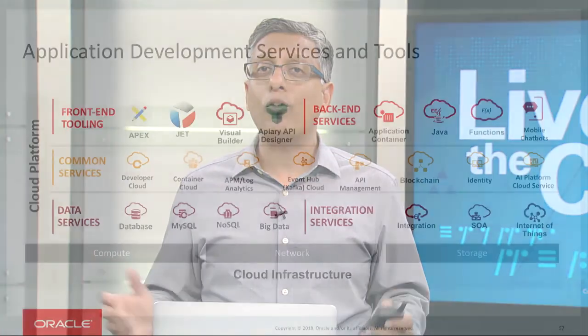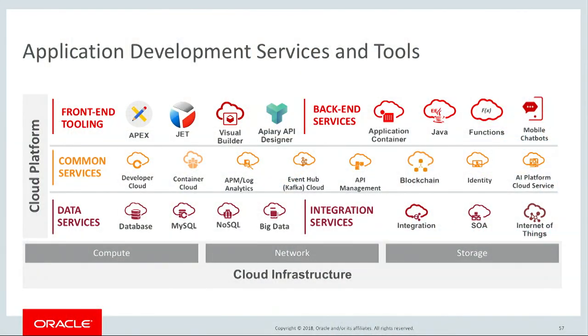And this is what our overall platform looks like. I've talked a lot about the front-end tooling and the back-end services around application containers and functions. A couple more things to point out here. We talked about open source as a service. So we're providing Event Hub as a service available to you. So instead of you needing to set up Kafka, to scale Kafka, to configure Kafka, we're providing that as a service. So as message storms come in, we scale up the Kafka service, and we bring it down so that you're only paying for what you're actually using.